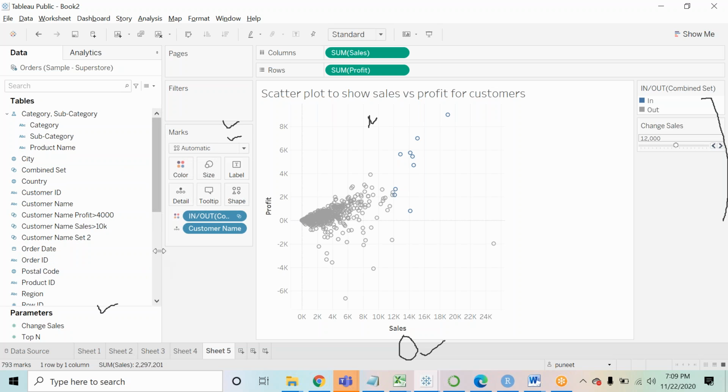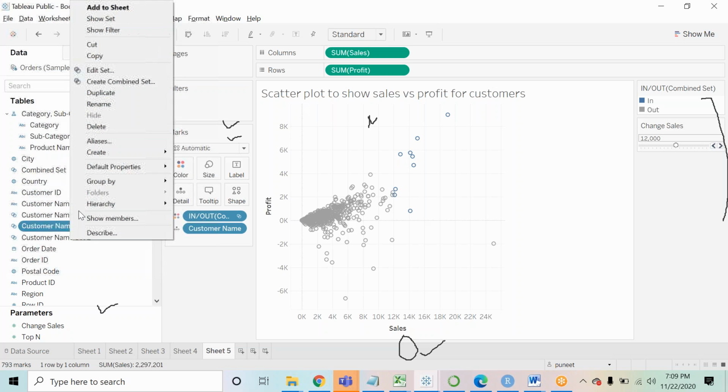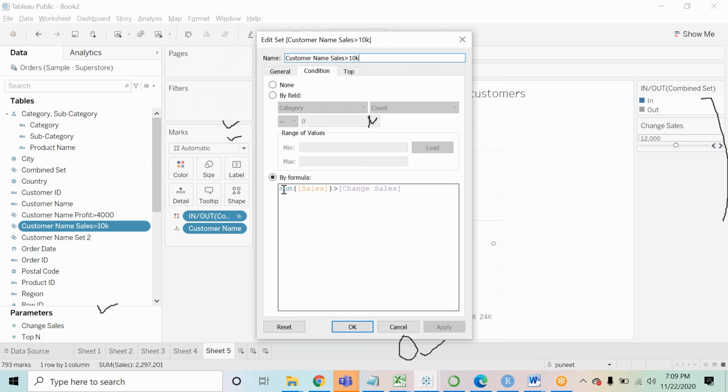Okay, so I can show you it again. मैंने क्या किया, सेल्स वाले पैरामीटर पे एडिट कर रहा हूँ। मैंने पैरामीटर क्रिएट किया, शो किया उसको, और उसके अंदर नीचे जाके बस ये सिंपल फॉर्मूला लगा दिया कि मुझे वो डेटा देखना है जहाँ पे सम ऑफ सेल मेरी ज्यादा है किससे, जो भी मैंने वैल्यू अपने पैरामीटर में सिलेक्ट किया है।